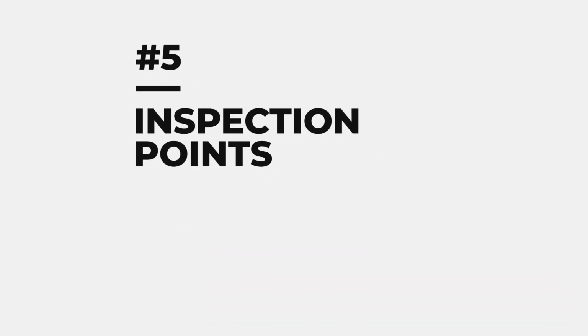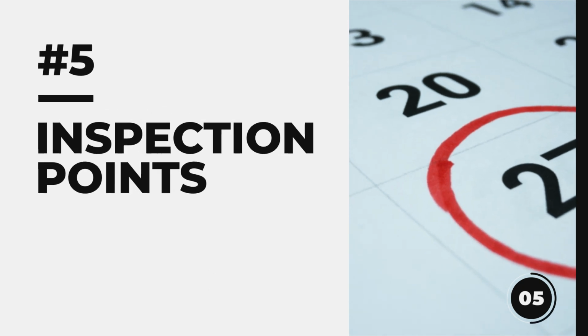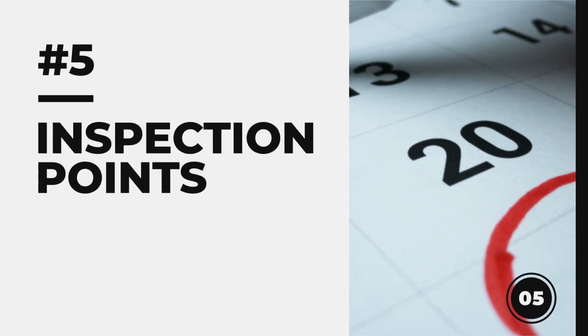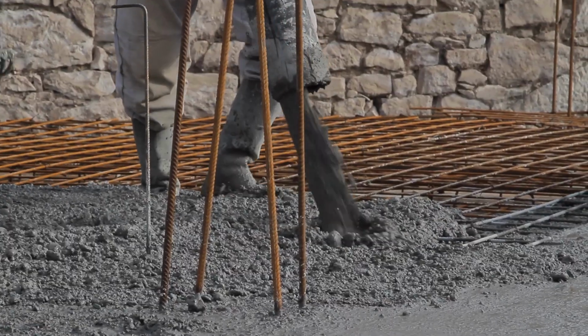Now, the next thing I want to talk about here is the inspection points. The inspector is going to want to see certain critical things along the way of your project to make sure that everything is moving according to the permit. So if your permit is extensive and let's say has some kind of structural work, you're going to need to make sure that the structural final work is visible to the inspector. If you have to pour foundations, for example, make sure to dig the hole, call the inspector, let them see it, and then they can see how thick you're pouring the concrete,